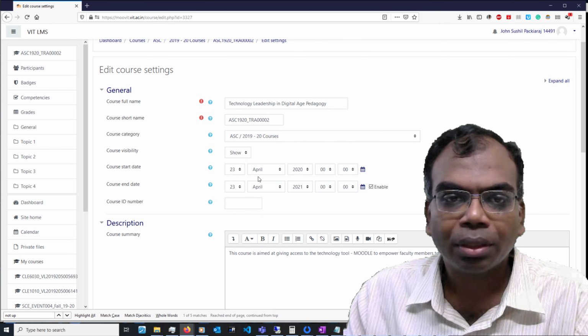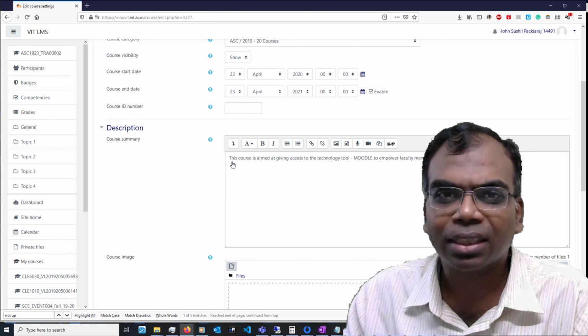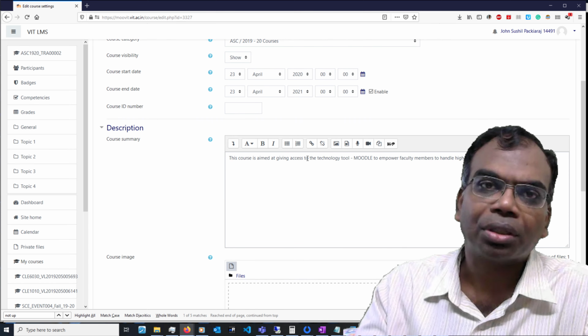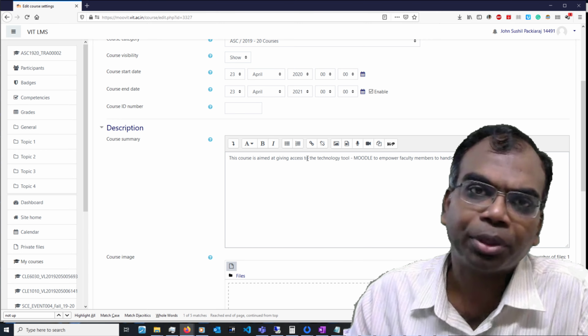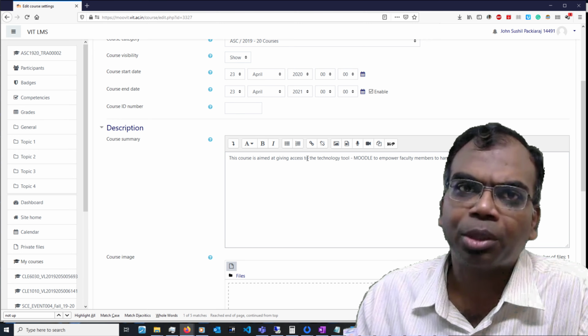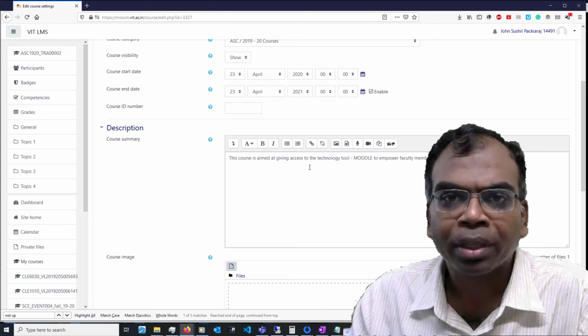And going beyond, you can change the start date and end date if you require, but it's a generous start date and end date which has been given. The moment the end date is crossed, you will not find it listed. So in case you need the course at a later point in time, you just have to speak to the admins, drop a mail to support.moveit@vat.ac.in. We'll definitely help you out on that.